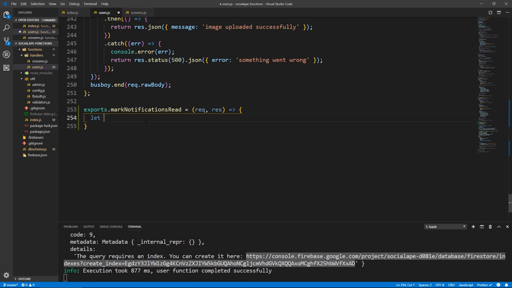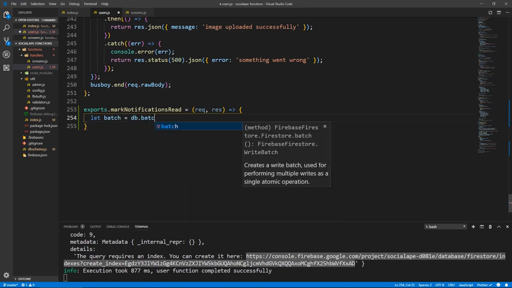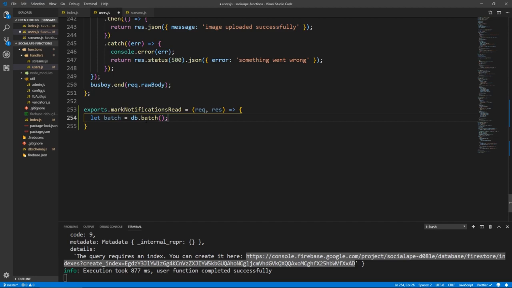So let's do let batch equals db.batch like this as a function, and let's do request.body. We're going to have an array as the body.